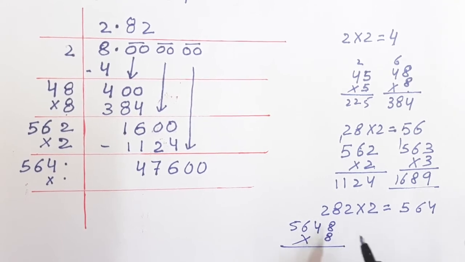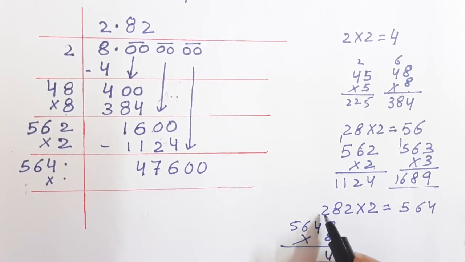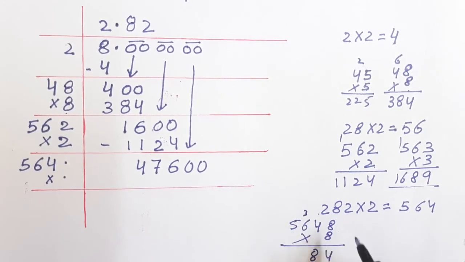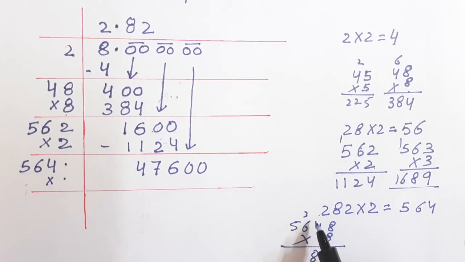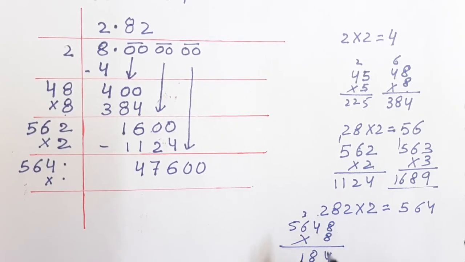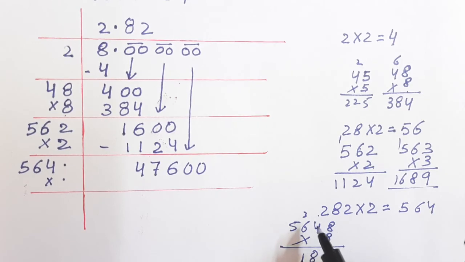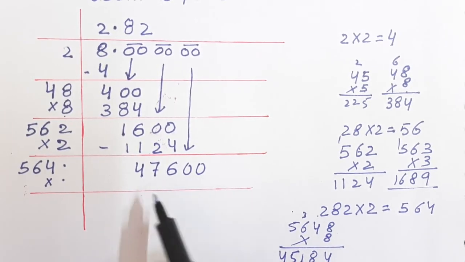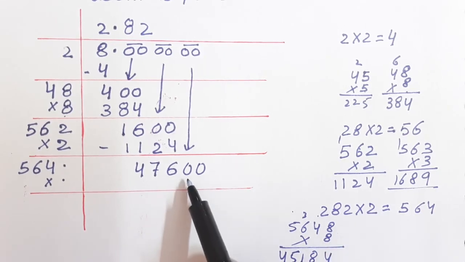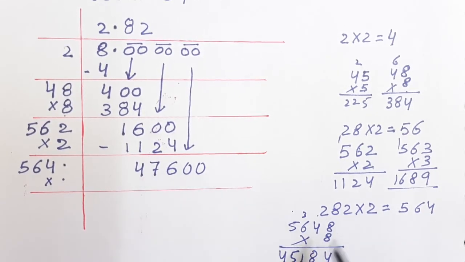So if I multiply this with 8, 8 8s are 64, 6, 8 4s are 32, 32 and 6 is how much? 38. Then 8 6s are, yes, 8 6s are 48, right? 48 and 3, this is 51. Then we write 8 5s are 40. So 45, it is 45184. Now students, you can see we are very close to this. If you try with a bigger number, it will become a little bigger than this number. So we go with 8 only.